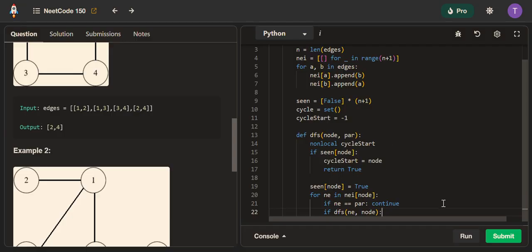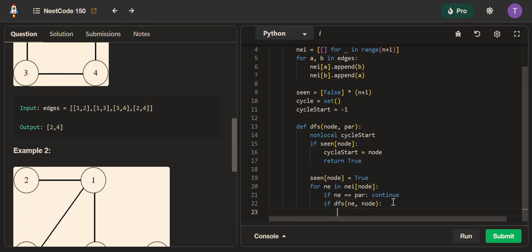And if this returns me true, it means that within this call there's a cycle. So one of the neighbors actually was seen when it was called. So we found a place where we have a cycle. So if this returns true, meaning that we have a cycle,